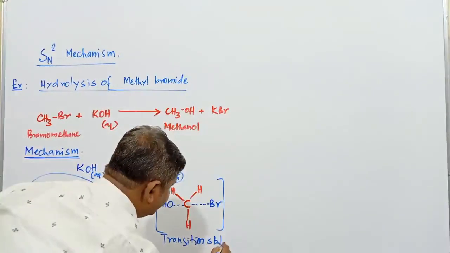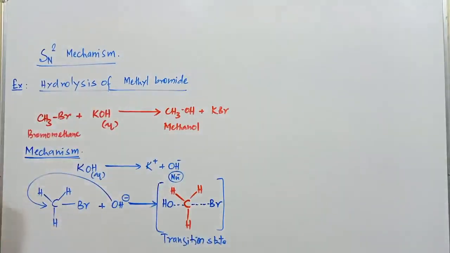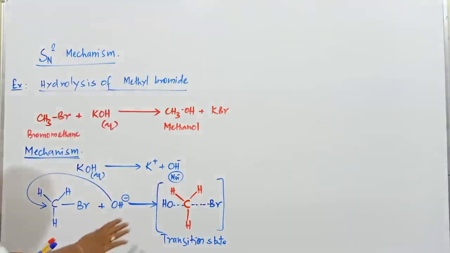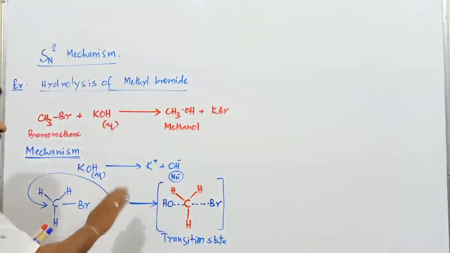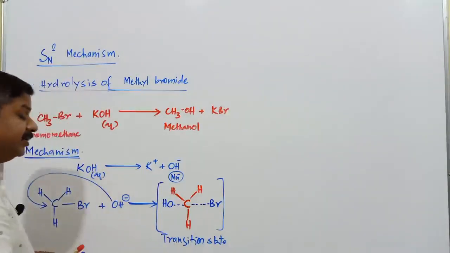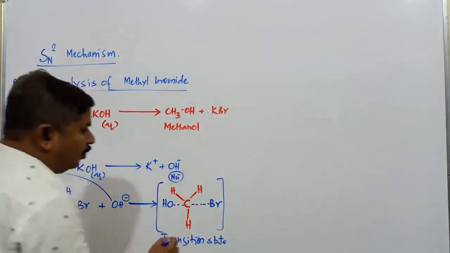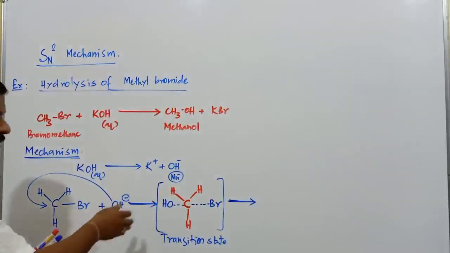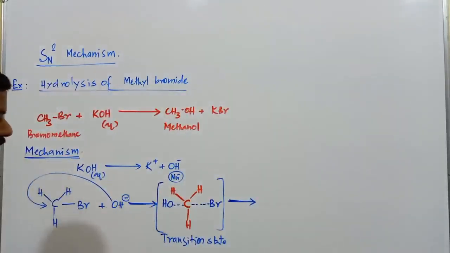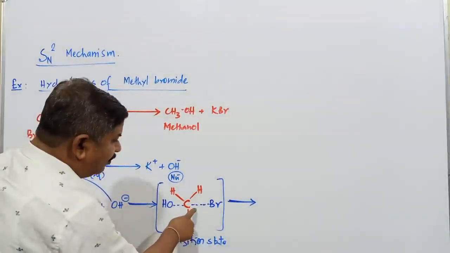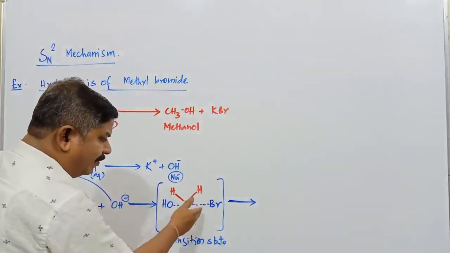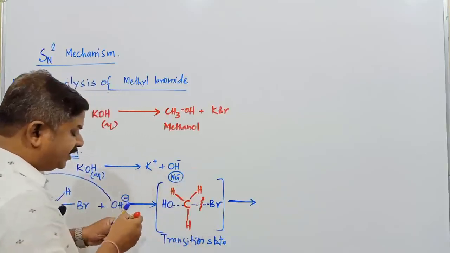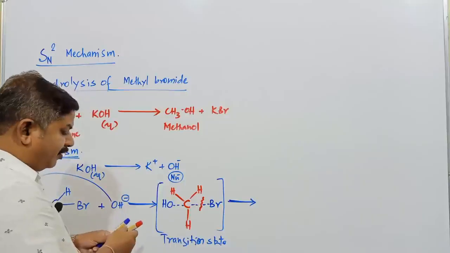In this transition state, carbon is having 5 valency. Carbon is bonded to 3 hydrogen atoms and the bromine atom, and this is OH. It is somewhat a less stable state, commonly called the transition state of the molecule. Once the transition state forms, its life is going to be very short. Immediately this molecule gets converted. The carbon-bromine bond is going to be completely cleaved, it completely breaks. When the carbon-bromine bond breaks, the carbon-OH bond formation takes place.